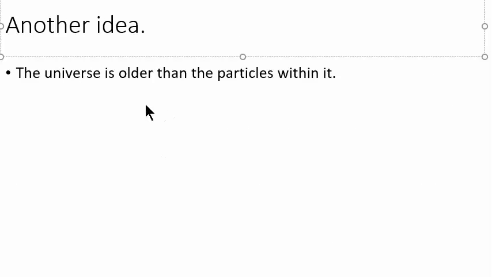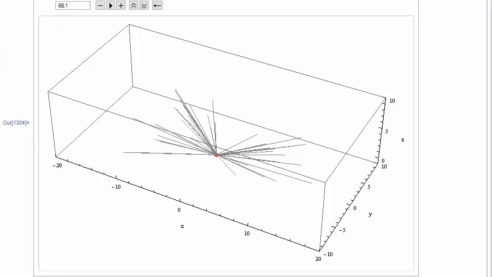Another idea is that the universe is older than the particles within it. Basically, that's to say the particles were not free to spread out for the first period of time. They bounced back and forth within a limited region for a very long time, and then finally the universe was spread out enough that you could see particles getting away out of that center.